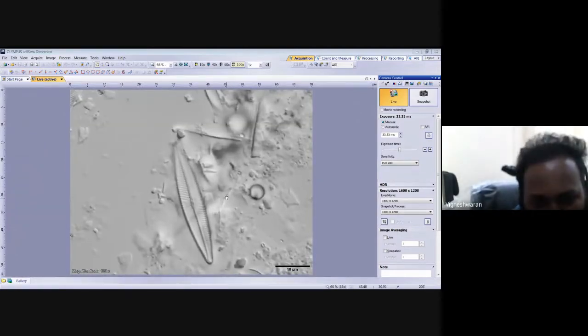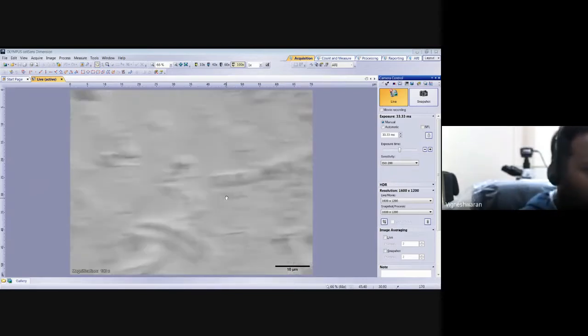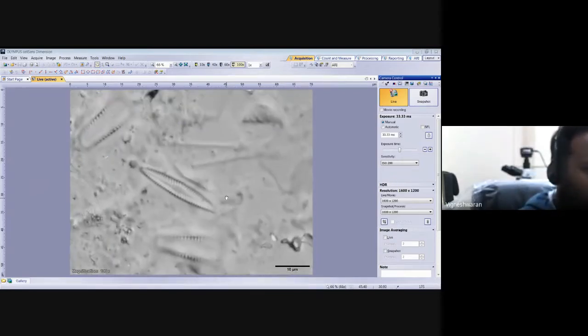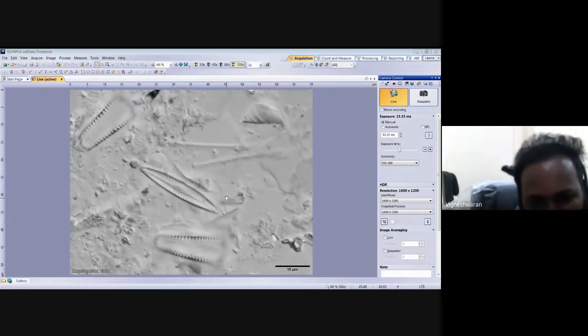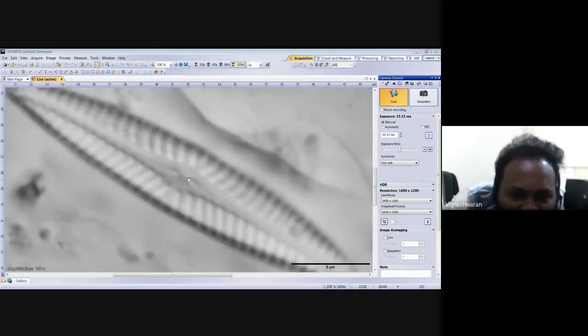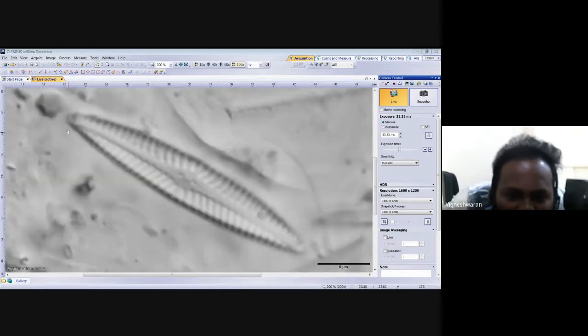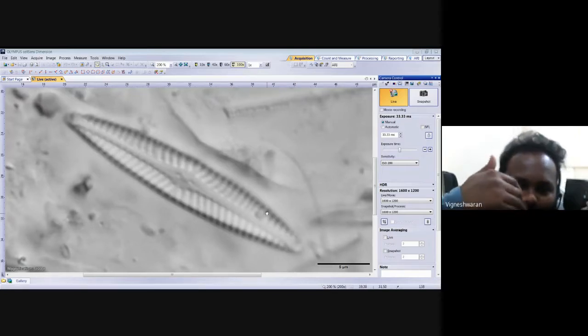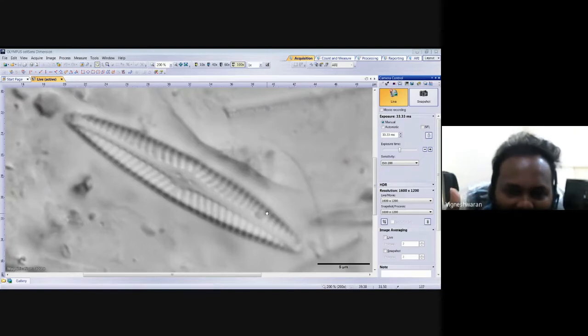See, you might have thought this diagram and this diagram are the same, right? They look almost the same, but that is not true. Just look in the middle at how the raphe is running. Near the raphe there is a space, and the end of the diagram is very sharp. And you see the striae pattern. They start slightly radiate at the top, in the middle they get a little space, then again they radiate, right?